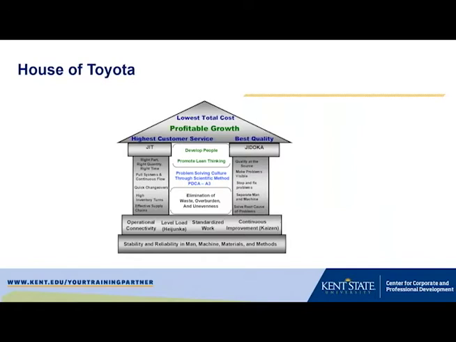It's a graphic, it's a visual. Japanese are really good at this stuff. This is the house of Toyota, as people would call it. And basically, it's got a roof on it, which is the things I kind of described. It's that better business out there that's got a lower cost position, that services the customer well, that has good quality in their products. That's the roof that can provide a safe living space for the workers and shareholders.